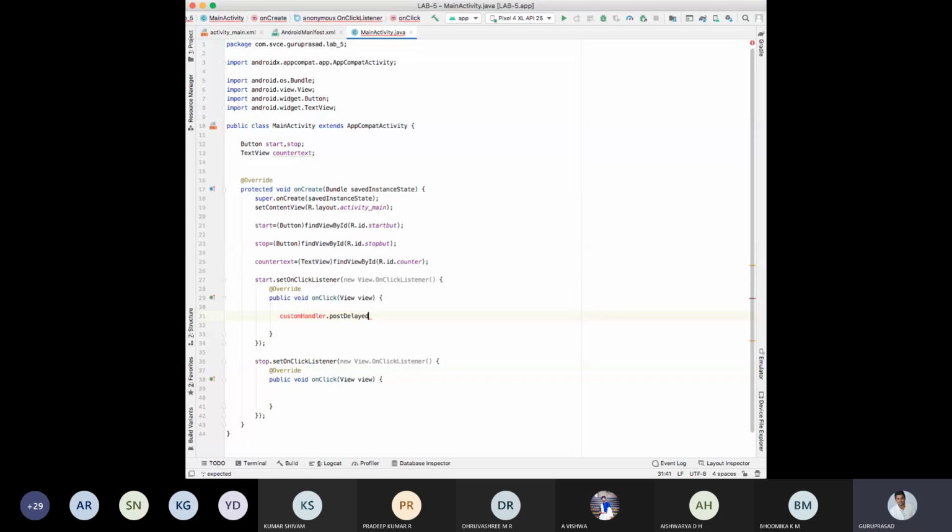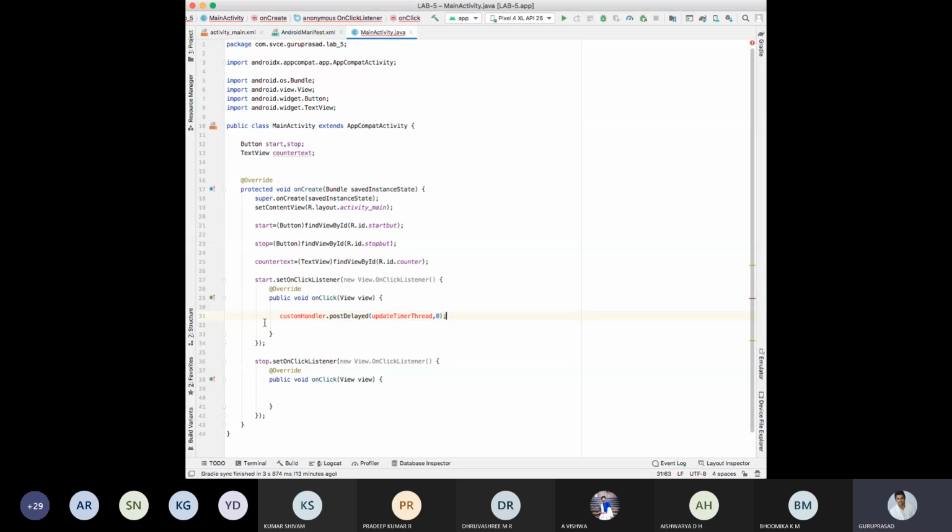You need to handle the situation. Custom handler post delayed. Then you need to call a method, updateTimerThread, with how many delay seconds? Comma 0 seconds. Okay, immediately it should start, semicolon.